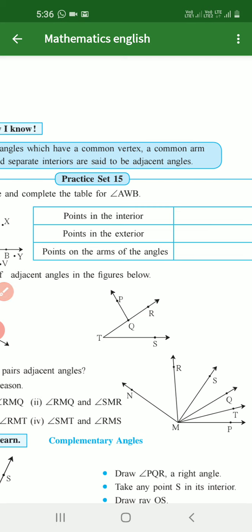Okay, again in the next figure we'll see that angle RQT is given. Okay, adjacent angles that we have to